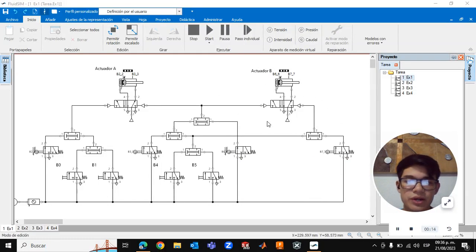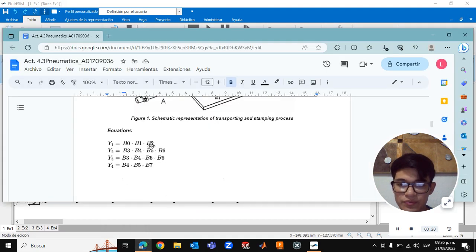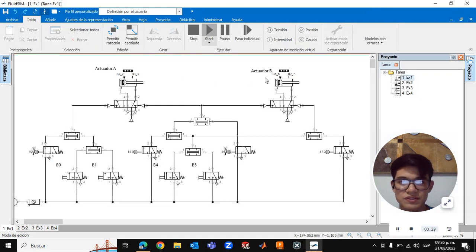The exercise number one is about the stamping process of a machine, in which we have these four equations. G1, G2, and G3 are the same movement, and G4 is the contraction of cylinder B. With that in mind, we're going to press the start button